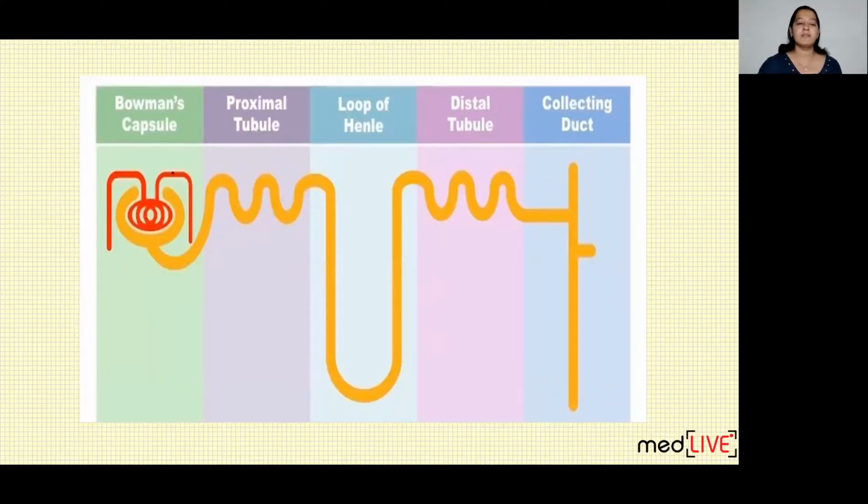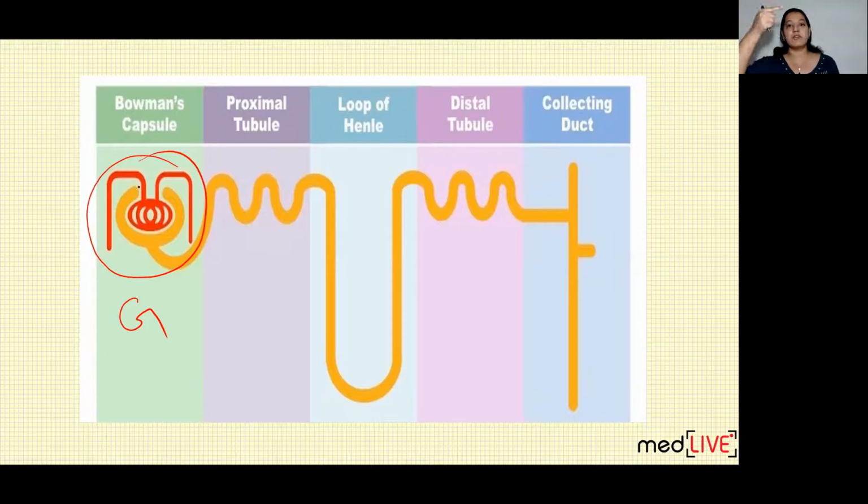We already know the first part of the nephron is known as glomerulus. Actually, glomerulus consists of 2 parts. The yellow portion here, a capsule-like structure, is known as Bowman's capsule. And in the Bowman's capsule, a tuft of capillaries is there. You can see a tuft of capillaries residing inside the Bowman's capsule. Both of these, the tuft of capillaries and the Bowman's capsule, together are known as glomerulus. Then the second portion of the nephron is the proximal convoluted tubule, also known as PCT.